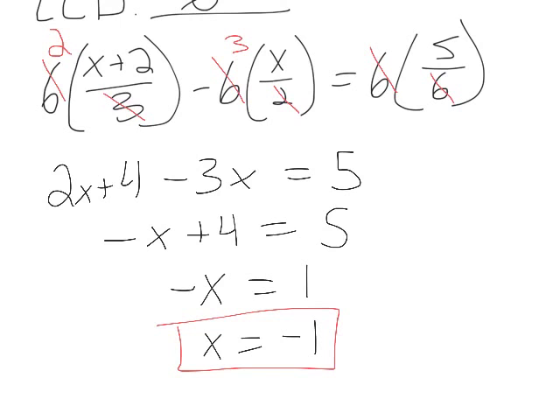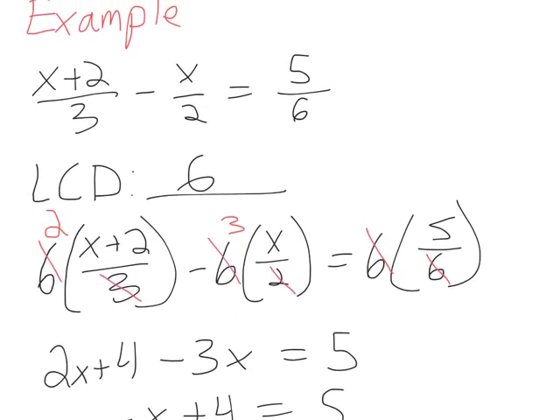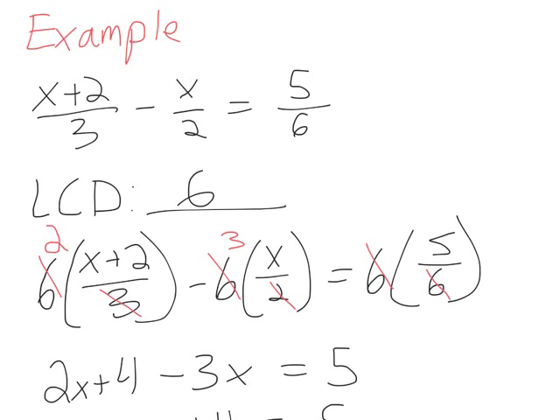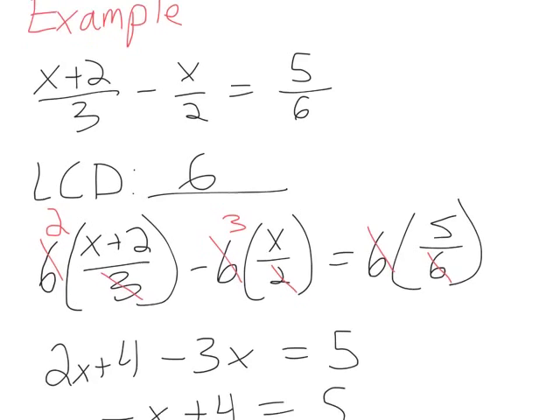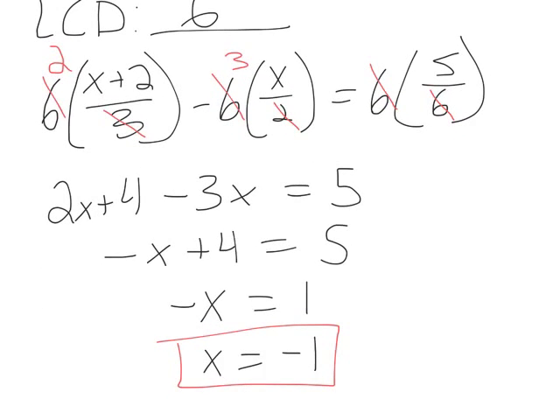People tend to get hung up in these first couple of steps, where they're finding the least common denominator and then using it to multiply through the equation. Most people who get through that part can finish solving the problem pretty easily, since they turn into relatively simple linear equations at that point. Now let's look at a second one. This is a second example.